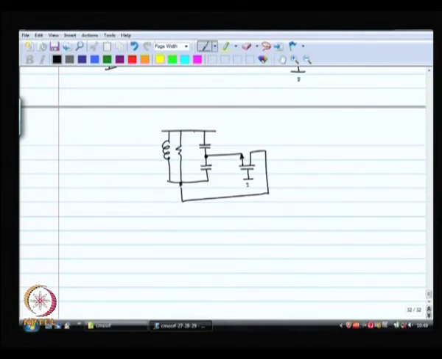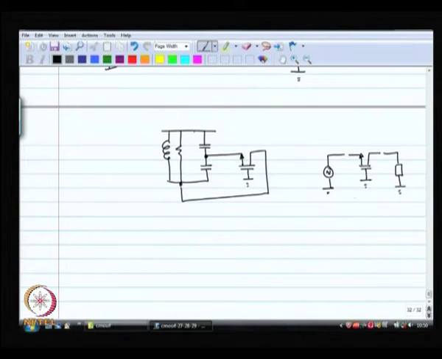Right, this is the common gate structure. Remember? You put your input here and you see your output there. This is the common gate structure. The gain of the common gate amplifier